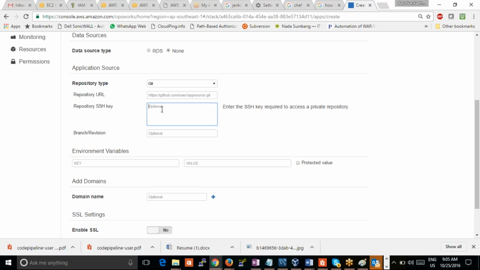In which branch exactly the code is there, or you wanted to pull that particular application. And before deploying this application, do you want to set any environment paths, Java environment paths